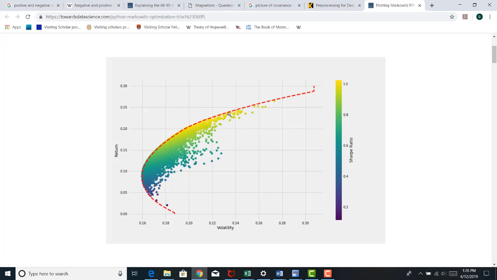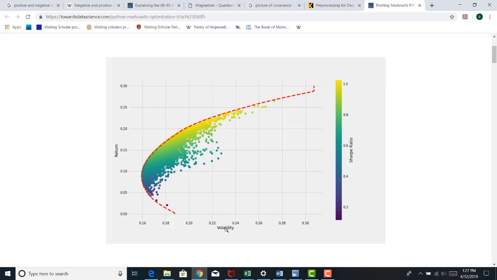The question is, notice, I have a whole bunch of portfolios on this frontier. Which one do I want? Again, if I broke this graph up into quadrants, where this is quadrant 1, this is quadrant 2, this is quadrant 3, and this is quadrant 4, I want to be in the most northwest quadrant. So I would select the portfolio that's on the efficient frontier in this area. If I do that, then I am maximizing my expected return subject to my volatility, or the ratio of the expected return